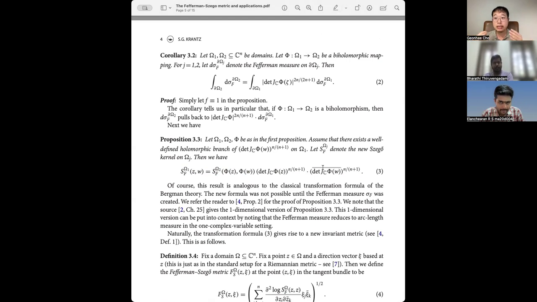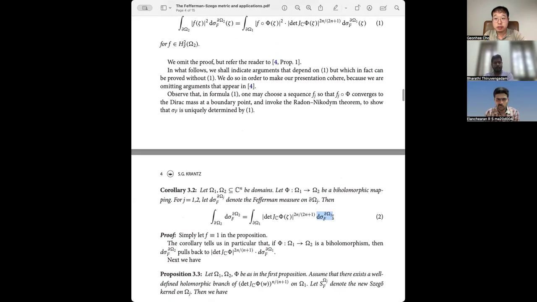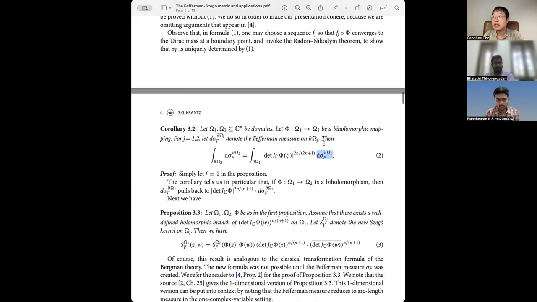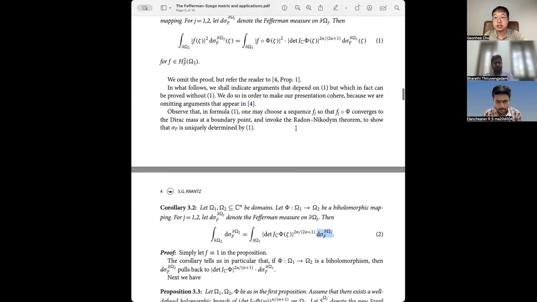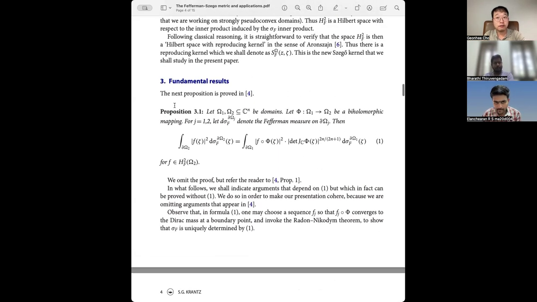That's what I'm saying. In order to make it happen, one needs to change the measure. But this change is not required for the Bergman kernel. And this investigation was only done for strongly pseudo-convex domains in my search, so not for finite type, and not for convex domains either. So does that answer your question? Yeah.